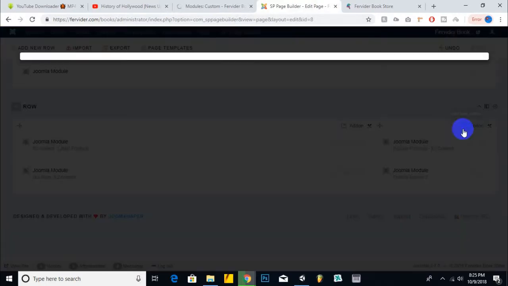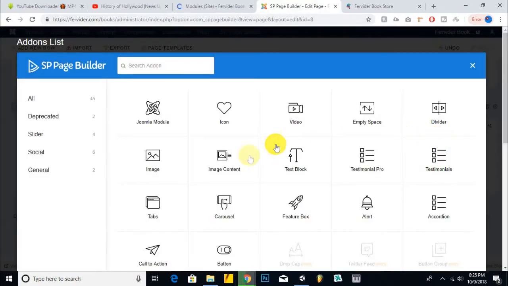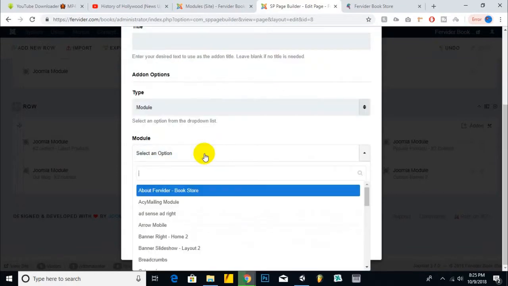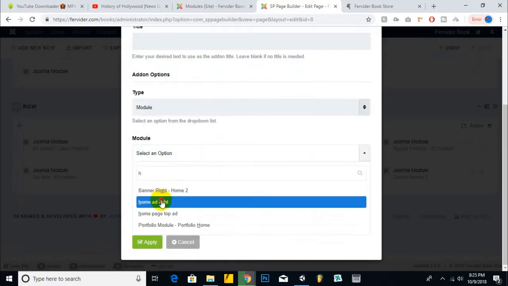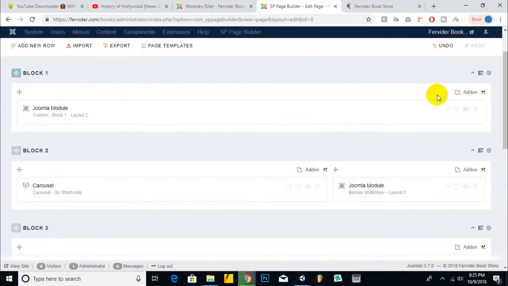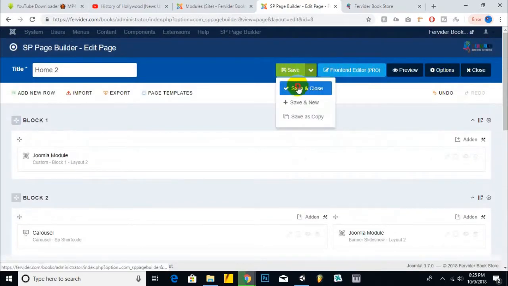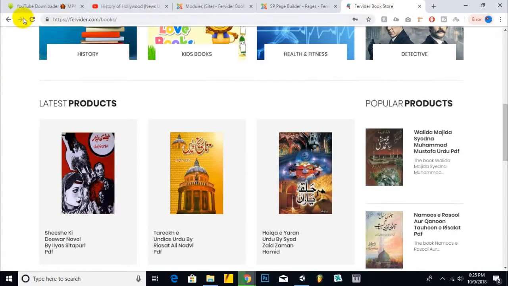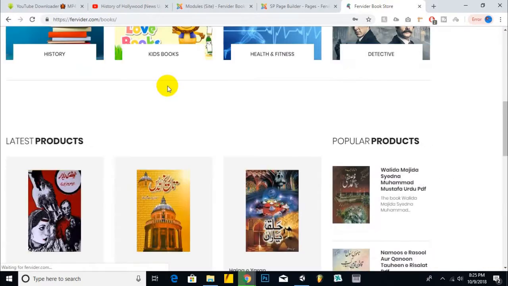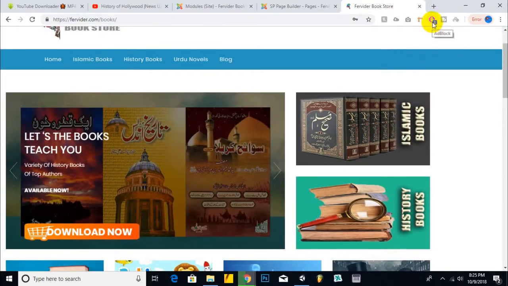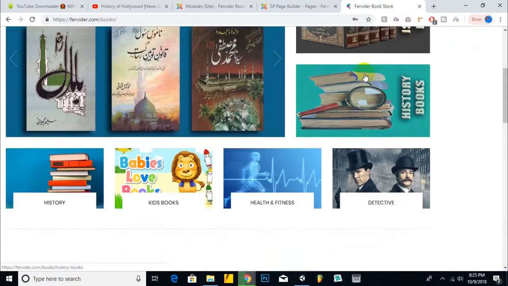Now we will add one add-on, Joomla module, home ad right, and apply. That's it. We have successfully added our AdSense ads, and after some time these ads will appear on our website. So you can see I have enabled the ad blocker, and as you can see here our ad blocker is working. So